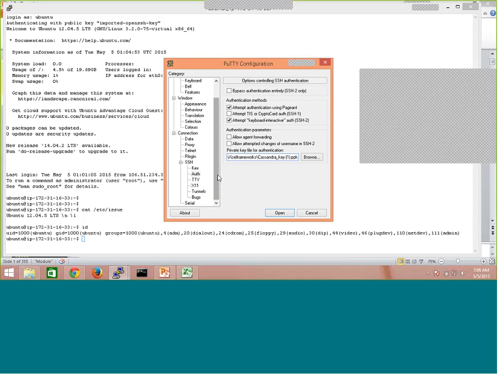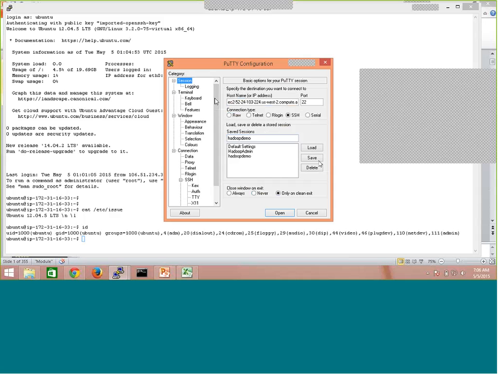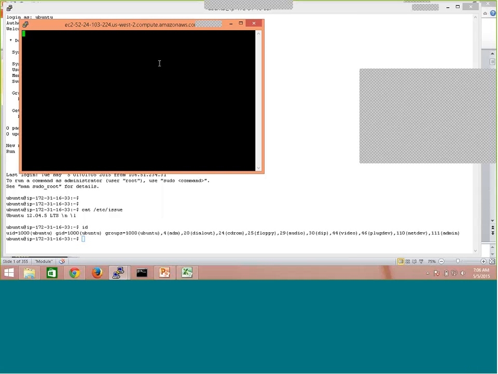And once you have it set up, you go here, load this. I have a saved session here, so I'm loading it. Or you can simply click on open. Okay, so once you click on open,